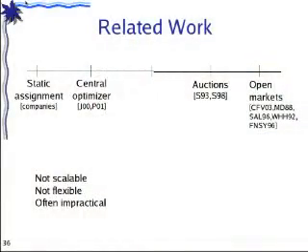So actually, load management in these types of federated systems is a problem that has also been addressed in the past. Companies typically use a static assignment. Either everyone handles their own load, or a company might subcontract its load management to another company. In terms of mechanism design, people have proposed the use of a central optimizer, where all the participants reveal their cost to the central entity, which then computes the optimal load allocation and the compensating payments. The problem is that a static assignment is not very flexible, and a central optimizer is not really implementable.